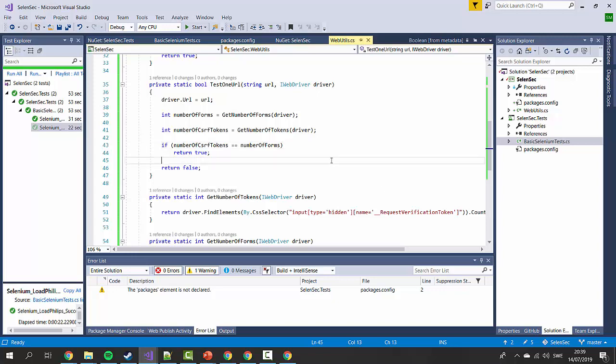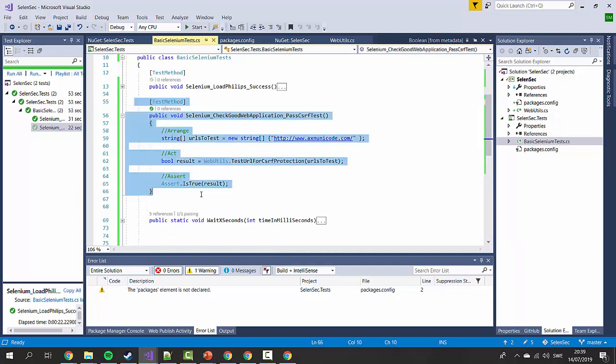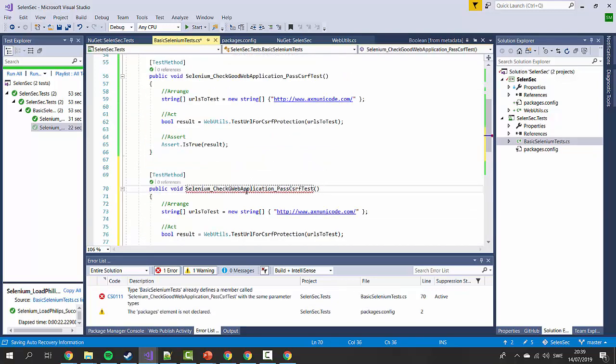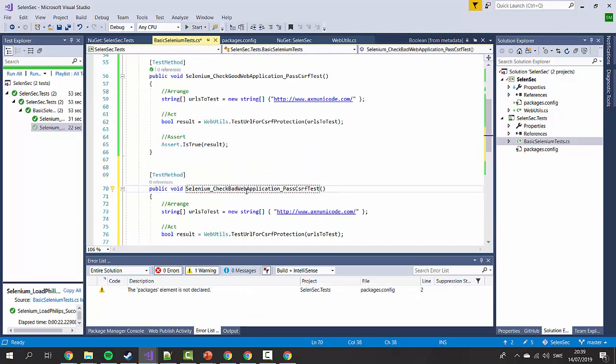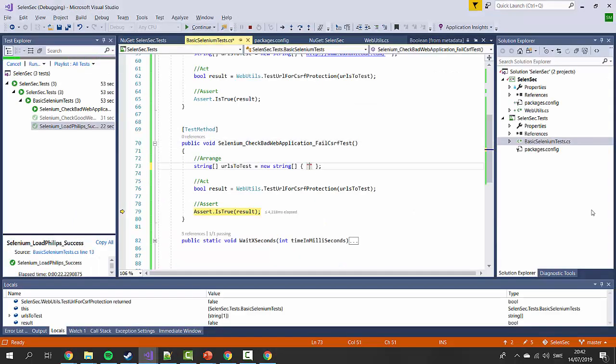And we can do the same test again, but this time we'll do it with a site where we know we'll fail the test, just to check our results. This time we're going to check a web application, and it's going to fail the CSRF test. So for our next example, we're going to use Microsoft's IIS forums website. And if we just take that URL, and paste it in our URLs test,